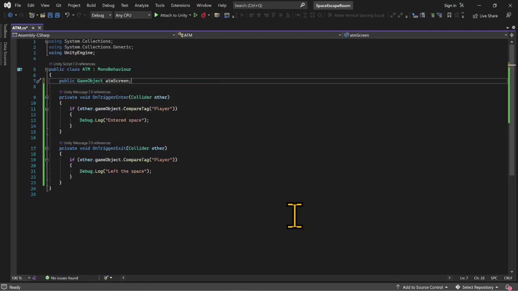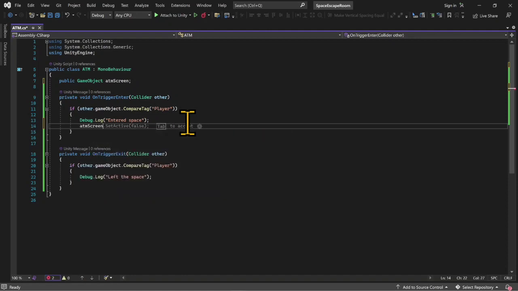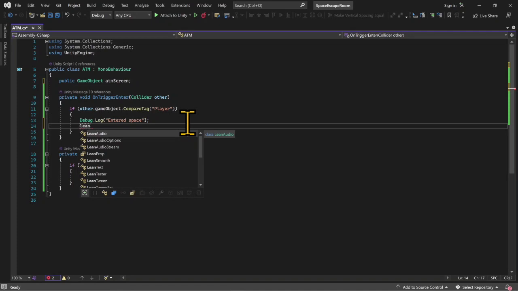And there's other ways you can do this. If you don't want to use LeanTween, you can just come in here and put ATM screen dot SetActive true and false, and that will turn it on and off for us. But like I said, with LeanTween, we can give it a little more pizzazz in our game. So what we want to do is say LeanTween